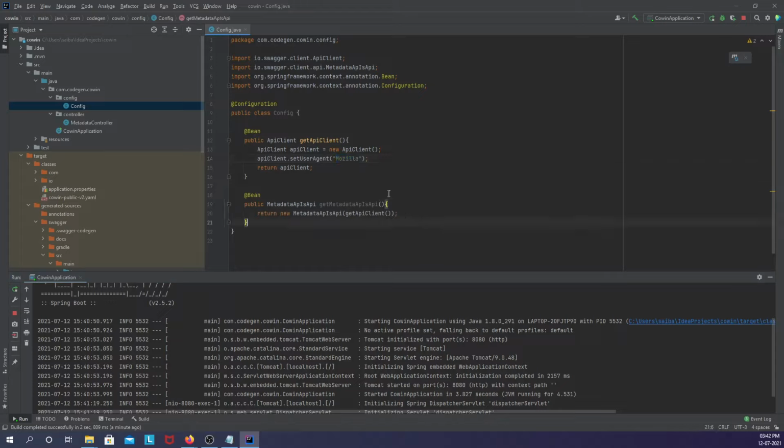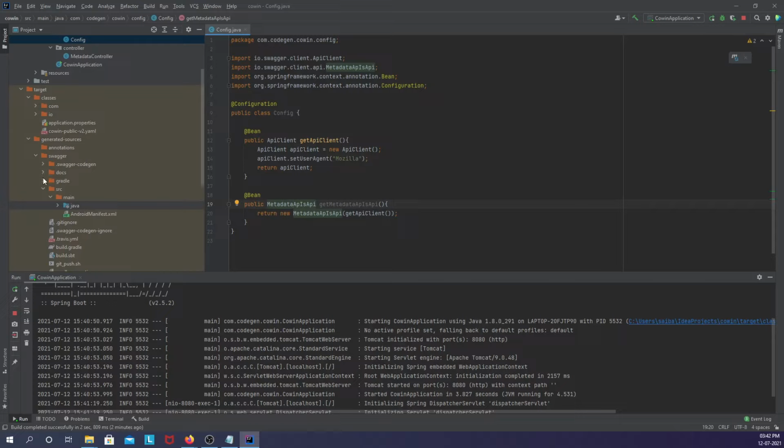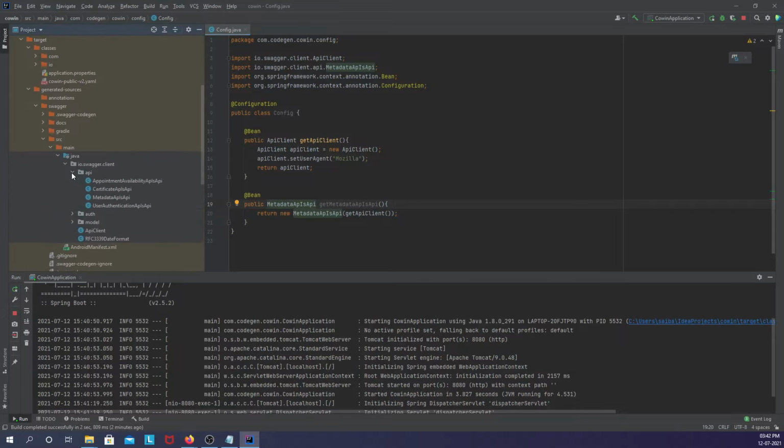So I have written an example API for metadata. There are remaining APIs as well, as we saw earlier, like the certificate API, which you use to download the certificate once we are done with the vaccination, and appointment availability, where we can search for the available appointments or vaccination slots. So we can extend this since we got a baseline on how we can consume these APIs. We can register the remaining APIs as well and write the controller methods to access each of these API endpoints.